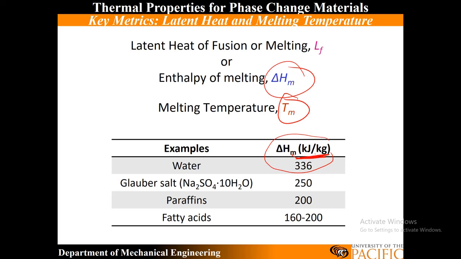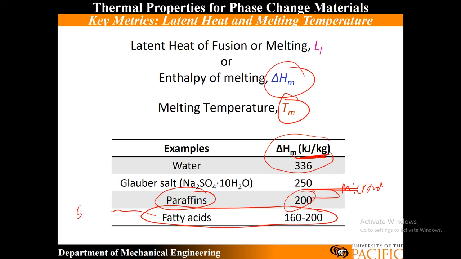We're going to have to do a baseline calibration in our particular experiment, but that's what's going to be happening here. So fatty acids, i.e. stearic and lauric acid. Paraffins are like the small waxy polymers. That's what you saw, the Micronal PCM, in our little video. Glauber's salt is another good one, but fatty acids, that's our lauric and stearic acid, are what we're going to be investigating